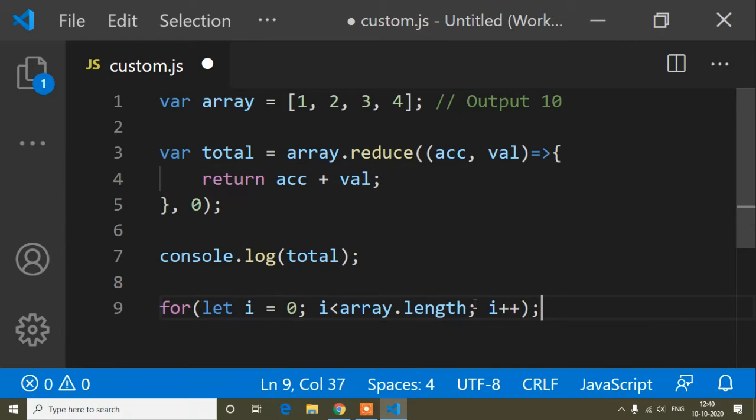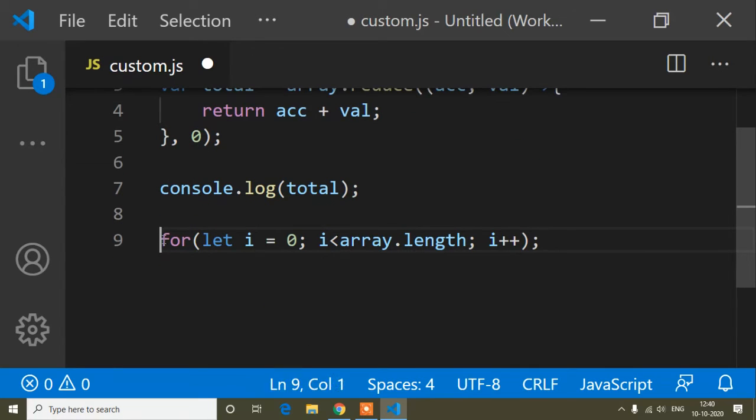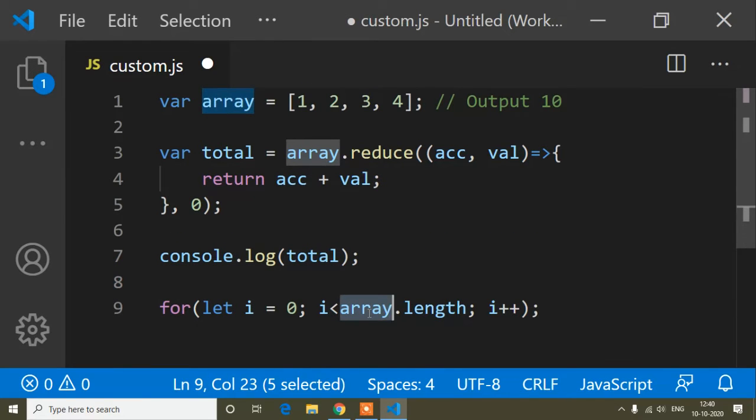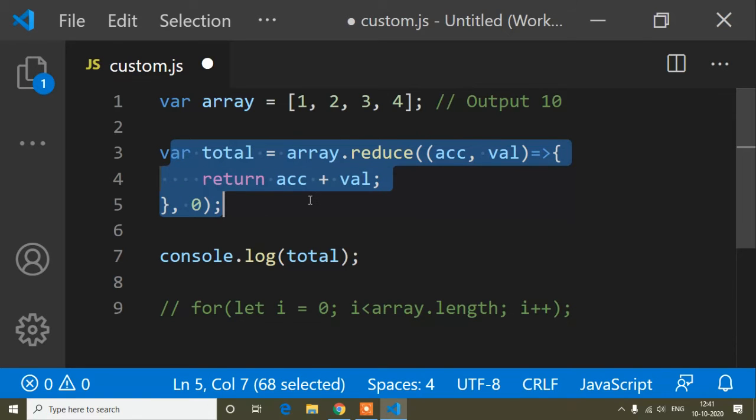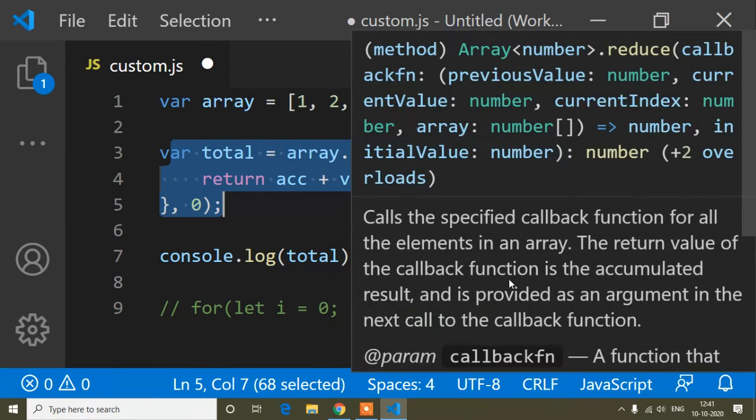Array dot length means i will loop over this array's length, that means 1 2 3 4, so i will loop up to 4. But when we use the array reduce method, we don't need to write this for loop. The array reduce method is a for loop itself.